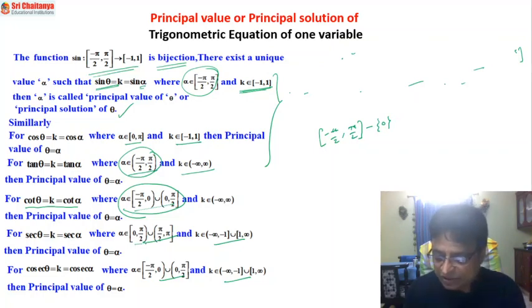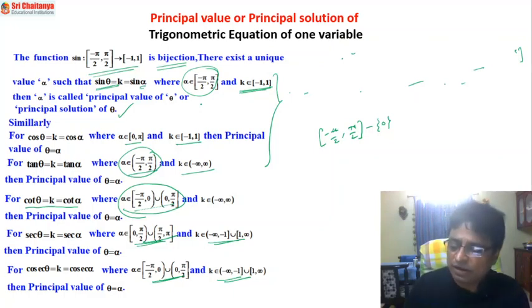Similarly, secant is also not defined when theta is equal to pi by 2, and cosecant is also not defined when theta is equal to 0. That is why these things happen. If that kind of theta does not exist, automatically the corresponding value of k also does not exist, because the function is bijective. That is the beauty. So, under these particular domains and codomains, if that smallest possible value alpha is such that sin theta, some trigonometric function, is equal to k, which is equal to some function of alpha, then that alpha is called the principal value.